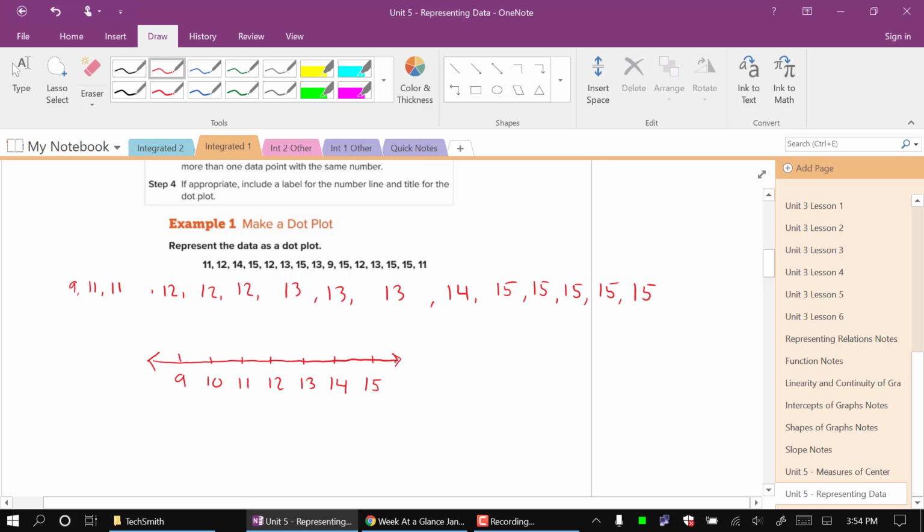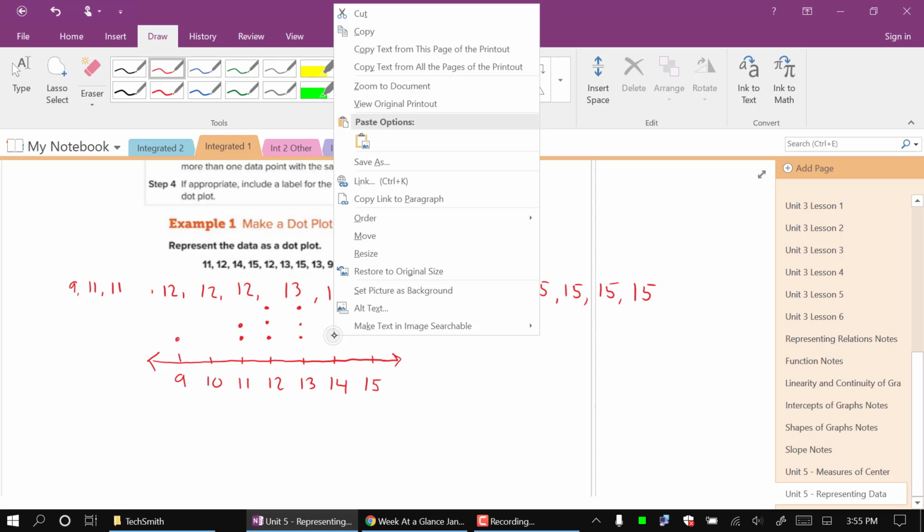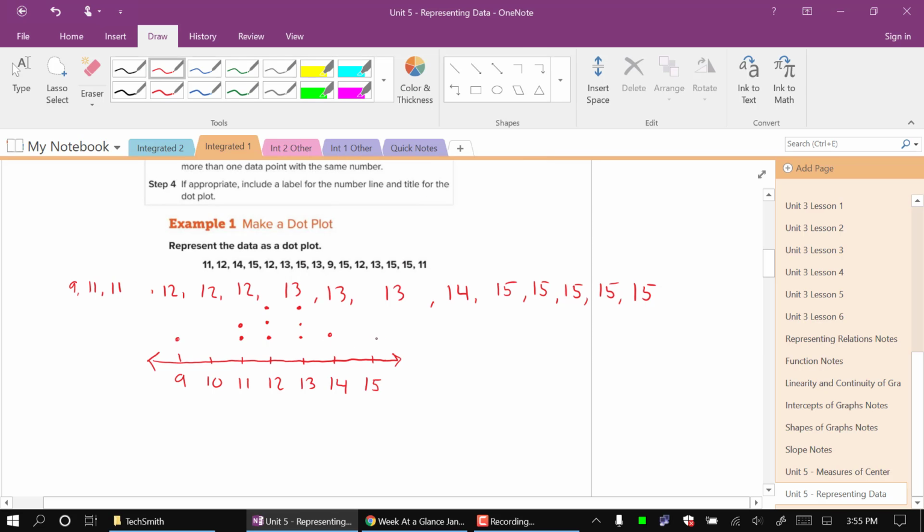Now we're going to plot the number of times that number appears. So 9 appears 1 time, so we're going to put 1 dot there. 10 does not appear in our data, so we're not going to use 10. 11 appears 2 times, so 1, 2. 12 appears 3 times, so 1, 2, 3. 13 appears 3 times, so 1, 2, 3. 14 appears only once, and 15 appears 5 times, so 1, 2,